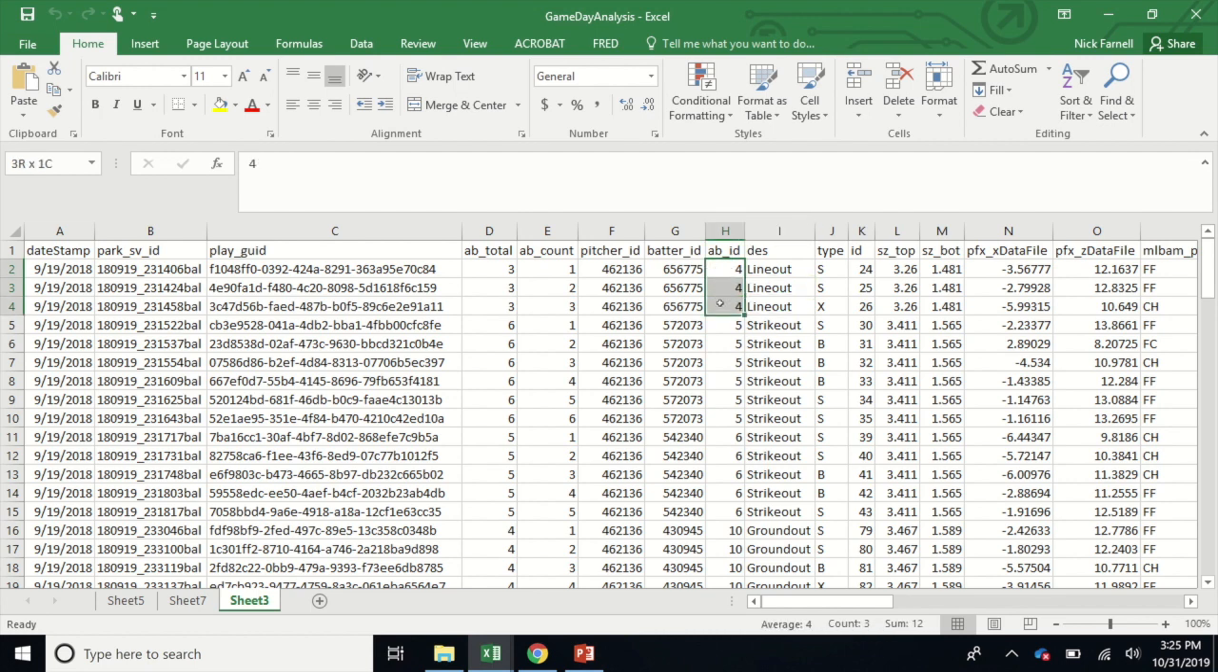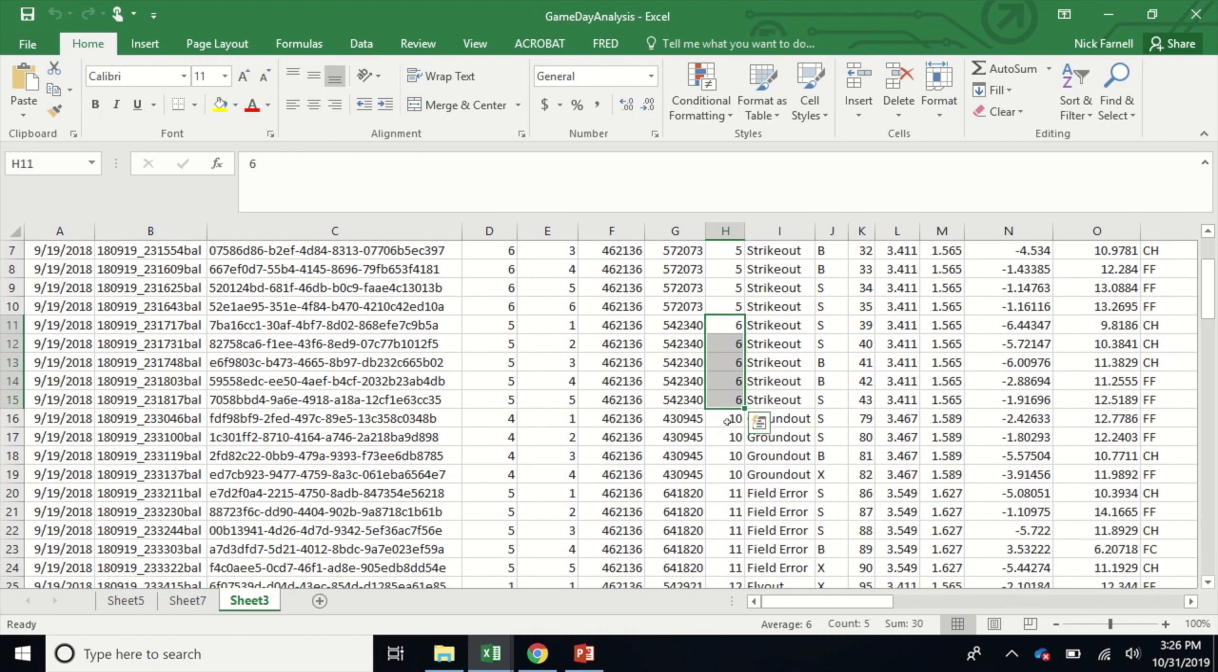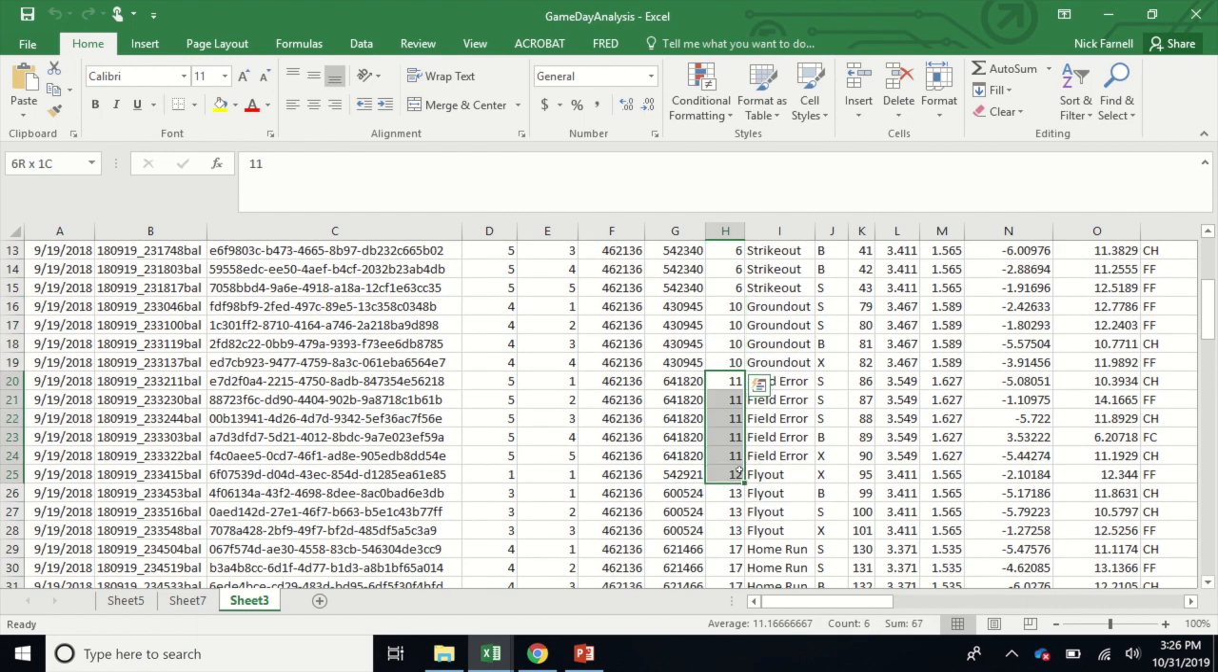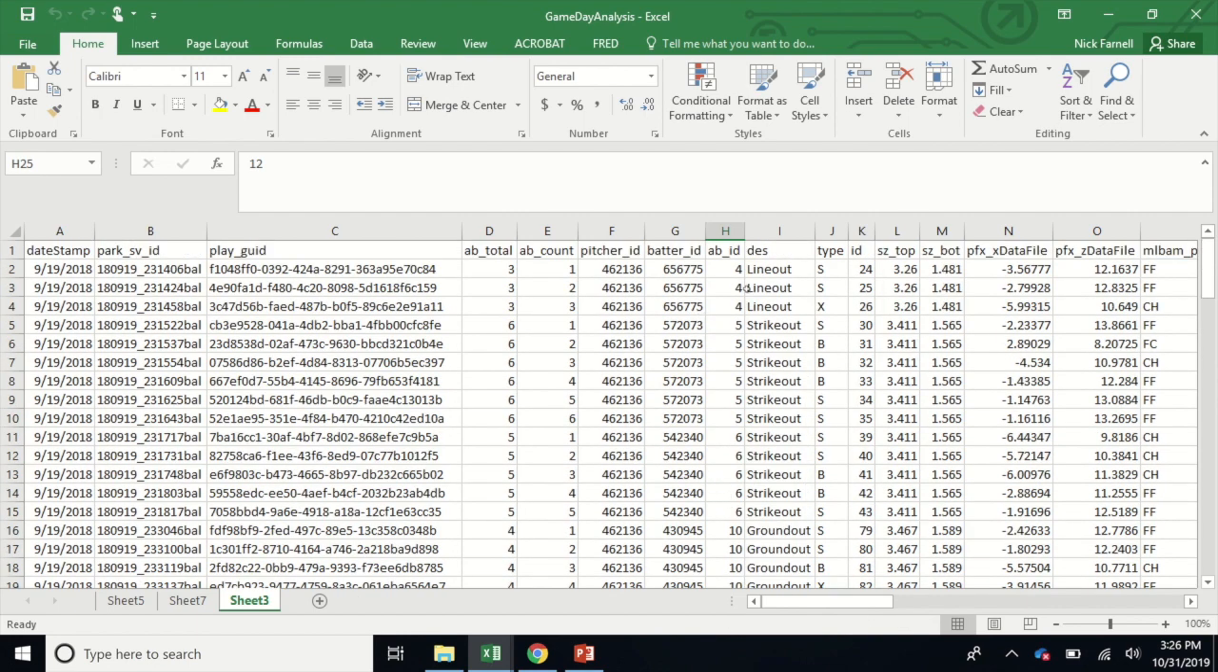So there were 3 pitches to batter number 4. There were 6 pitches to batter number 5, and you can keep going down the list here. Batter 10 was the next time that Baltimore was at bat, and it keeps going through. 1 pitch to batter 12. So to understand how many, or to graph how many pitches it took to get each one of these batters